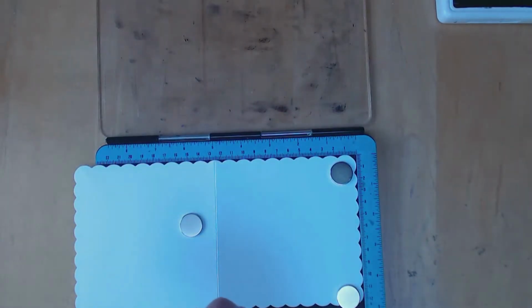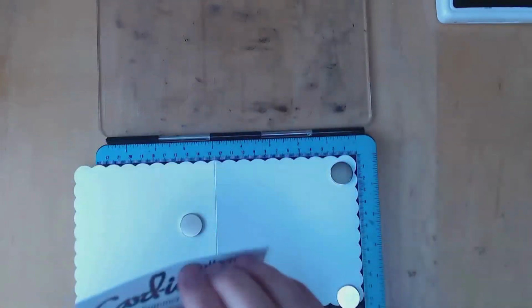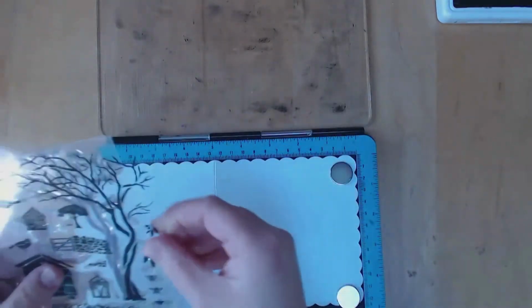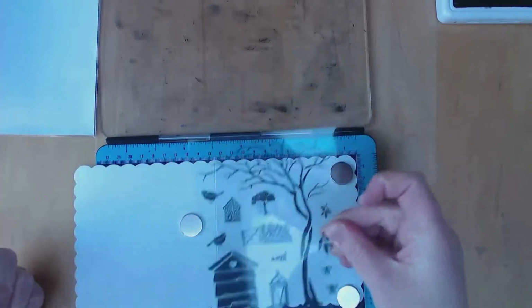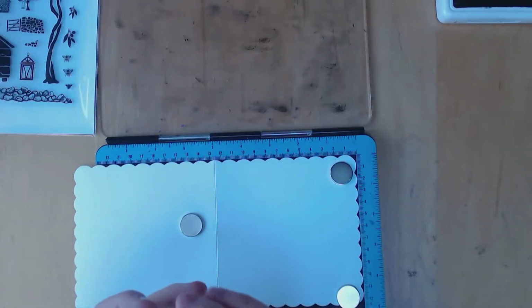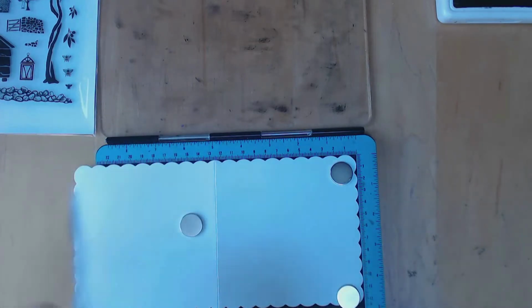And I'm going to use a tree from this set, which is the Summer Serenity. And what I really like with the cardio stamps is they come with this separate sheet with the images on, so you can actually place them so you can see where things can go. I'm going to use the tree,